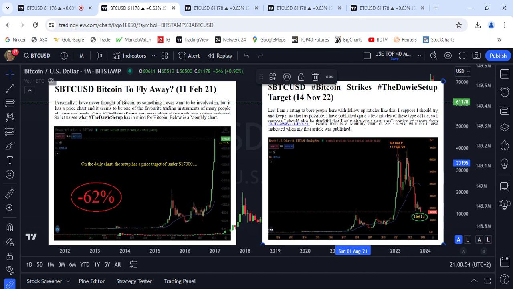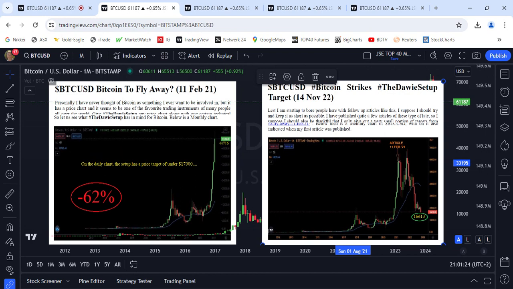So the interesting thing here that I just want to refer to is that this is the first example, but the two articles here, the follow-up article for this price that was hit in November 2022. Between these two articles, there were two other calls, and they also played out before this one played out. So just remember, this was the longer one. It took more time to play out.